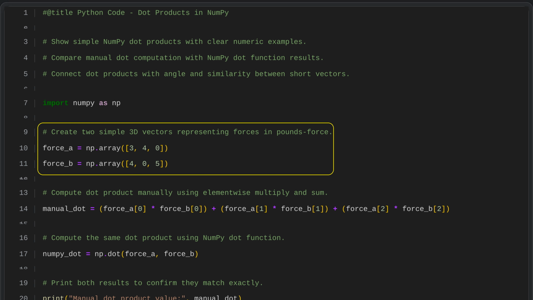We begin by defining two three-dimensional vectors using a numerical computing library, and we interpret these vectors as forces measured in pounds force. The first force vector has components 3, 4, and 0, and the second has components 4, 0, and 5. We will use these two force vectors to carry out operations such as the dot product and to discuss what